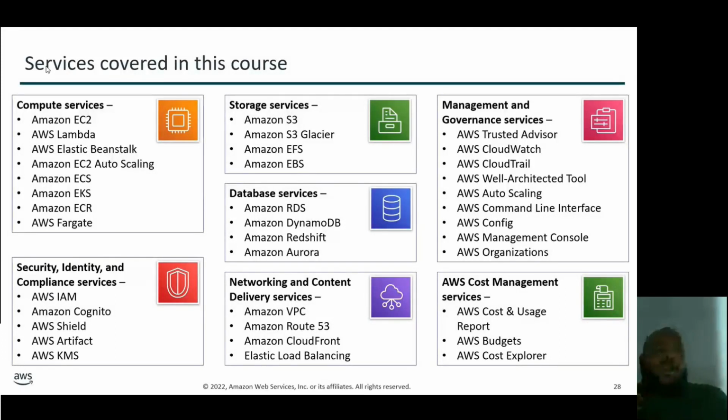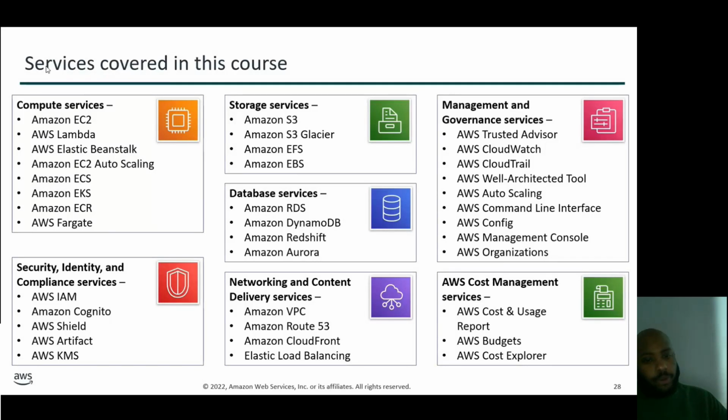So under security and identity management, we have a few services. We're going to look at them, and then under storage, we have S3, S3 Glacier, EFS. We will look at those, and then database services. There are multiple: RDS, DynamoDB, Aurora, Redshift,